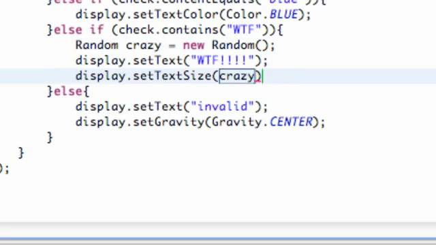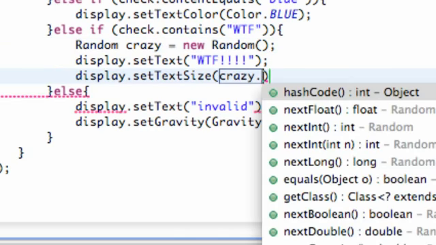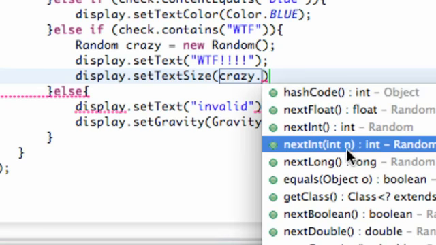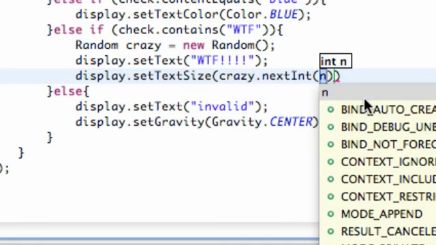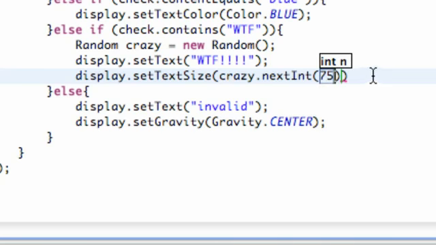So we're going to say crazy dot, and this is how you set up the parameters that you want it to randomly select. We're going to work with an integer, so we say random integer, and then tell it how many numbers we want it to choose from. Let's say a good text size would be 75. So this will choose anywhere from 1 through 75, or give us 75 choices. It's just going to randomly pick one. So that sets up a random size.